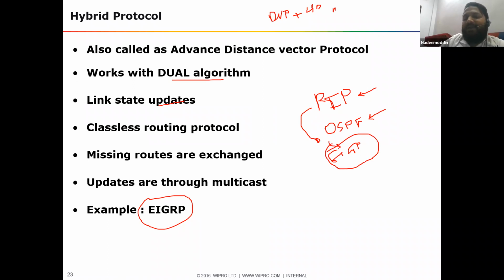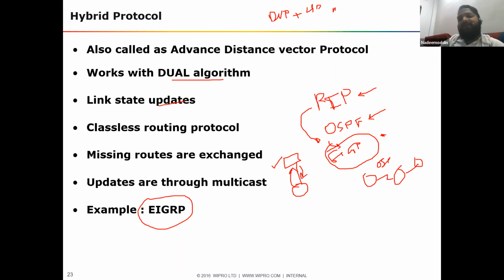But the drawback is EIGRP works on Cisco only. But if you have an environment where somewhere you have a Cisco router, you have a Juniper router, you have other vendor stuff, then you cannot run EIGRP here. So OSPF will run here. And you know, routing works on layer 3 devices. So the routing will work between your router and the firewall. A firewall can do the routing. Okay, you need to update the route from here to here.